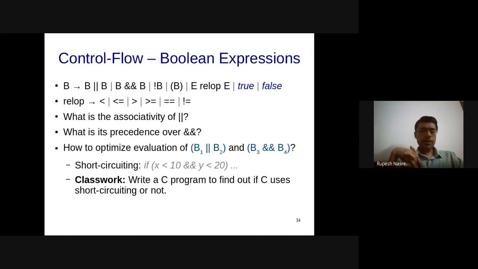Shrisha has written increment and decrement operations, so plus plus i, i less than... For example, in our program, x less than 10 and plus plus y less than 20. Now, if this plus plus y less than 20 doesn't happen because x less than 10 is false, then we will see the value of y, as you print it inside the if block, to be the previous value of y rather than the incremented value, and so on.